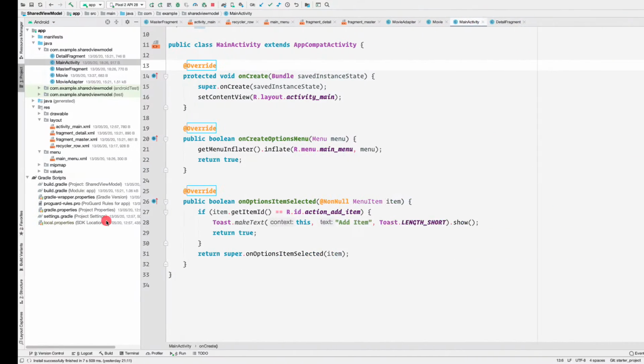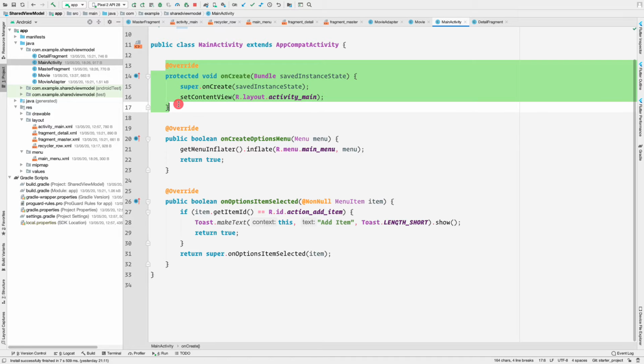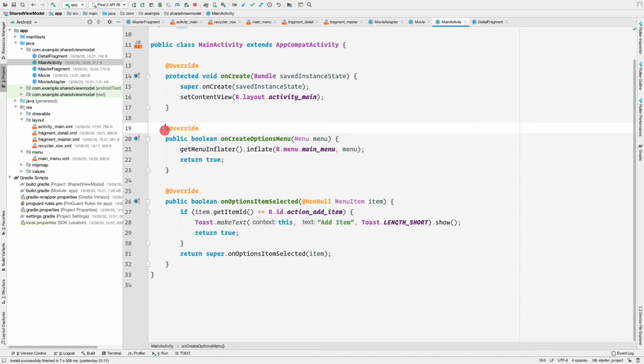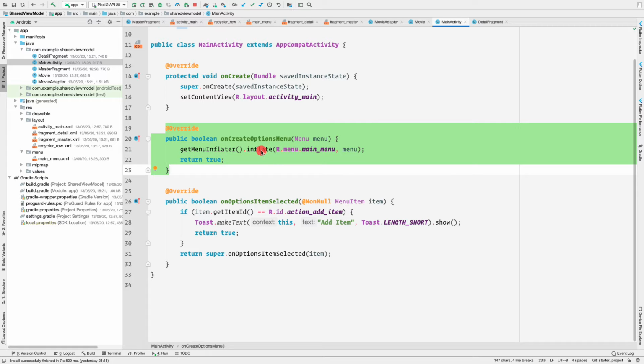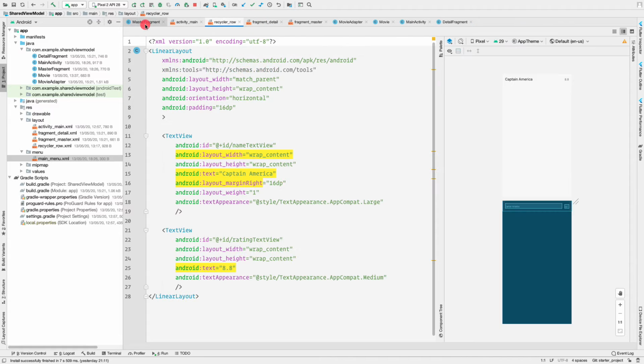So let's go to our Android application here and let's see what is inside the starter project. So here we have a main activity that extends AppCompatActivity. Nothing is done inside the onCreate method. And then we have this onCreateOptionsMenu, and then we are inflating this main menu. That is this main menu, and it has only one item, that is add item. So that is what is inflated inside the